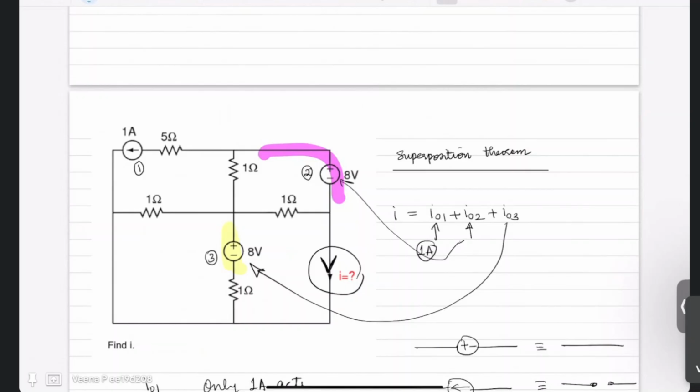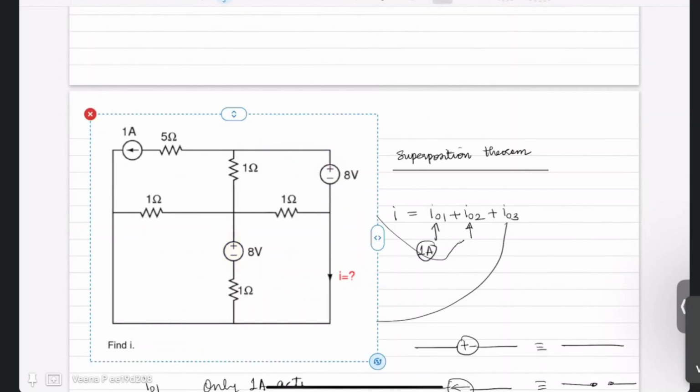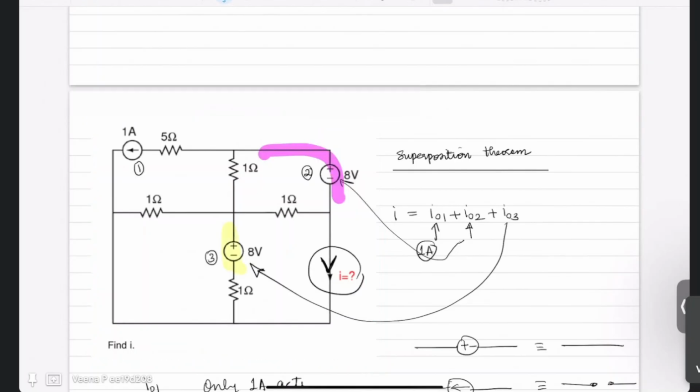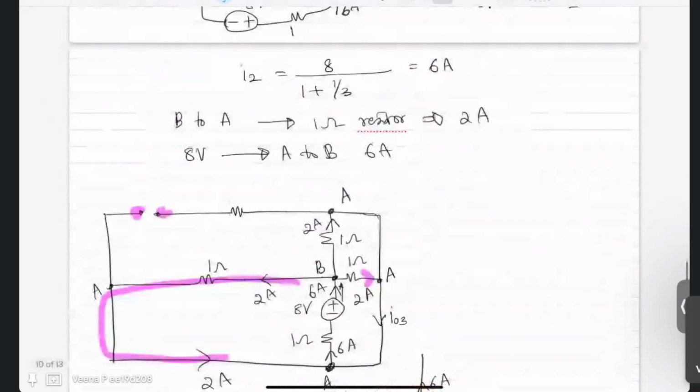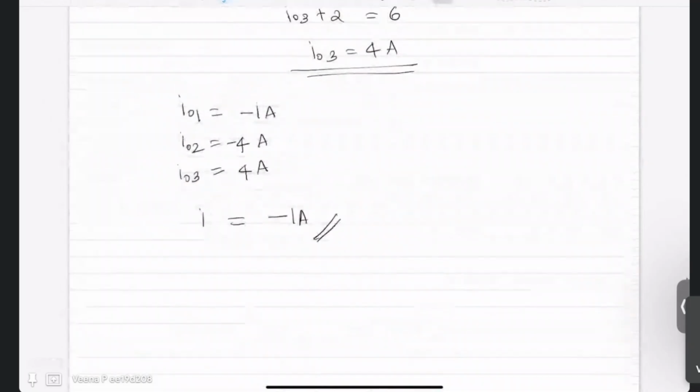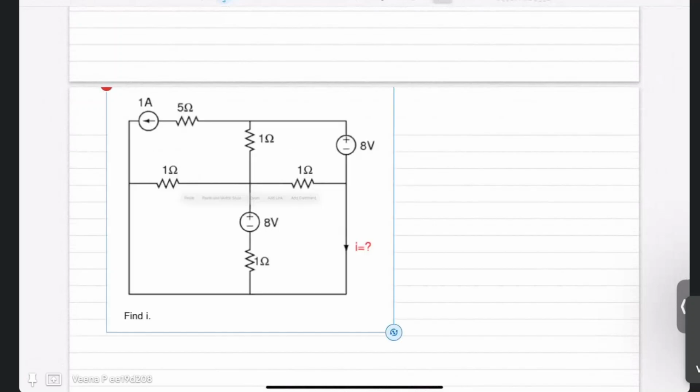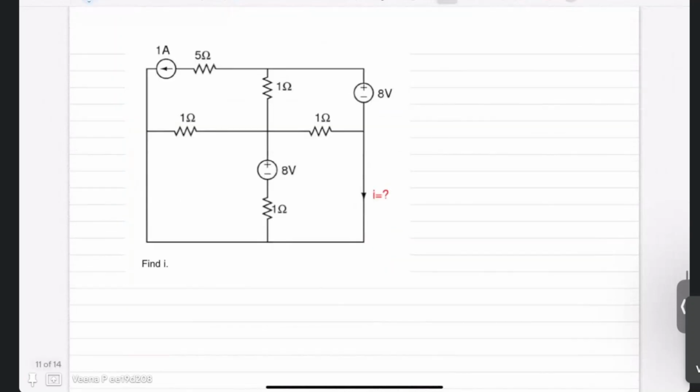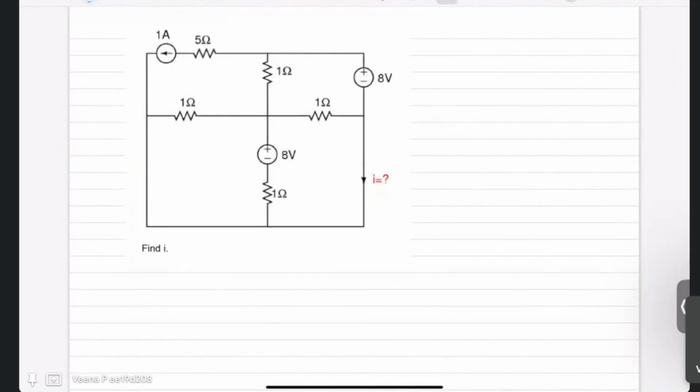Your life will become very simple because in nodal analysis, what you will do? You will assume one node potential. The ground is not given, so you can assume this as ground. If this is ground, that means this is 0 volts. Now this is also 0 volts. This is also 0 volts. Now this potential is what? If this is 0 volts, it means 0 plus 8. So this is 8 volts.